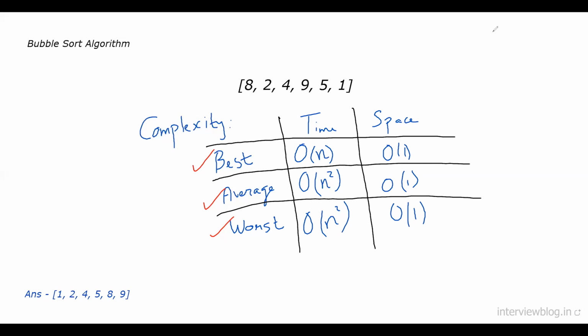So to find whether the given input array is sorted or not, we will be using a Boolean variable isSorted. So we will discuss about that in code implementation. So hope you understood the problem. Let us now dive into the coding implementation of our bubble sort algorithm.